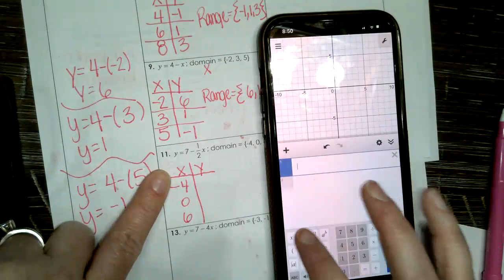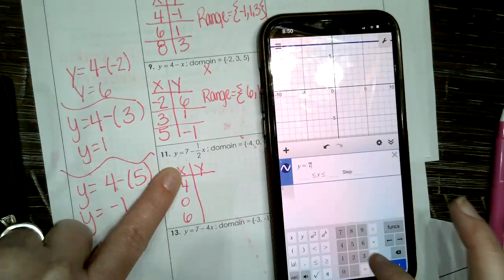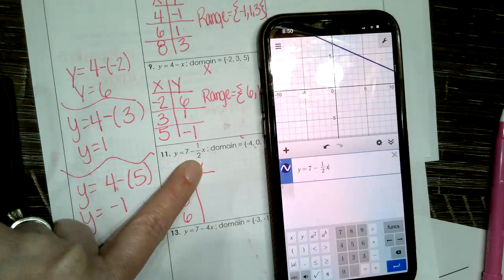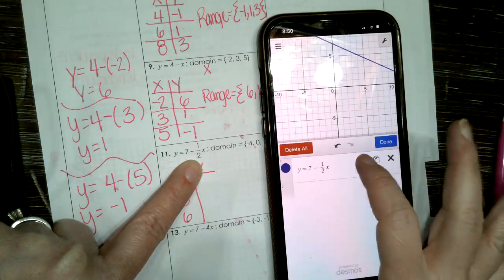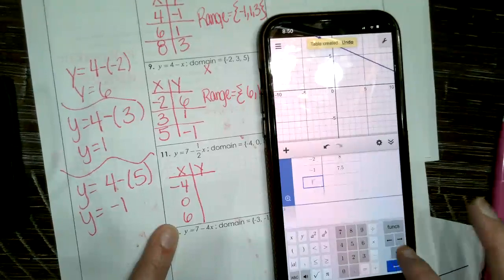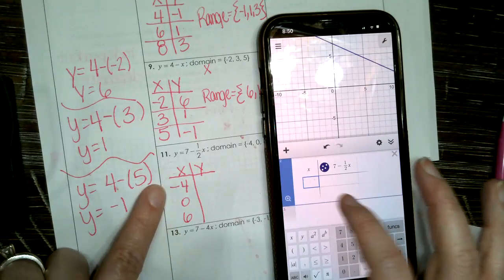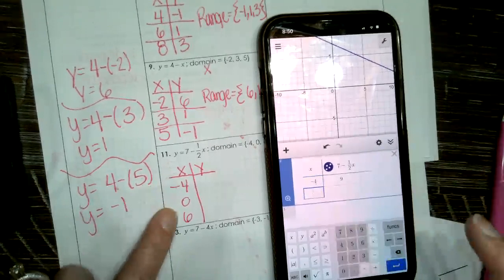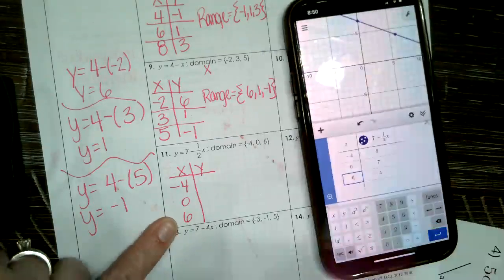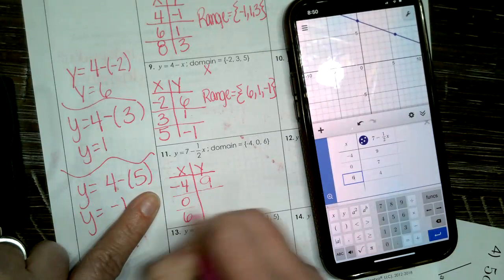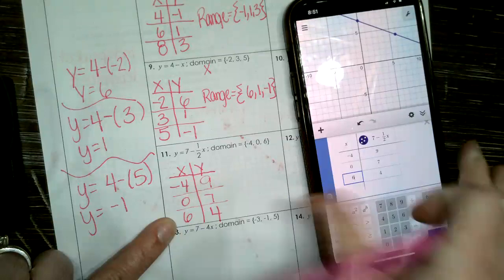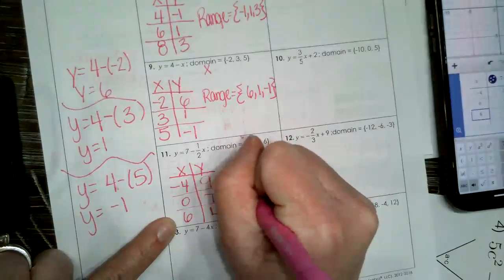Y equals 7 minus 1/2, and then my X is on the outside of that 1/2, so I had to click out. Then I'm going to create a table. And I'm just going to take out all of these values, make it easier. The X was -4, then 0, and then 6. So it gives me -4 is partnered with a 9, 0 is partnered with a 7, and 6 is partnered with a 4. So when I list out my range